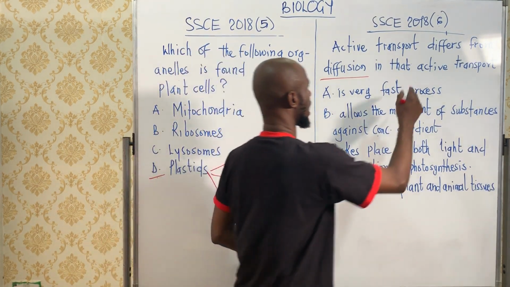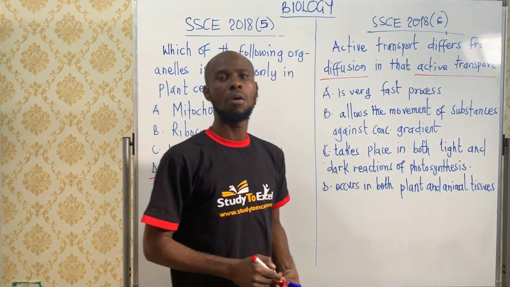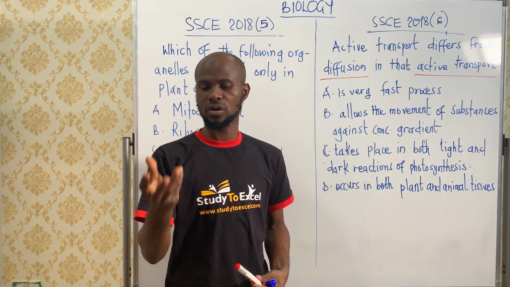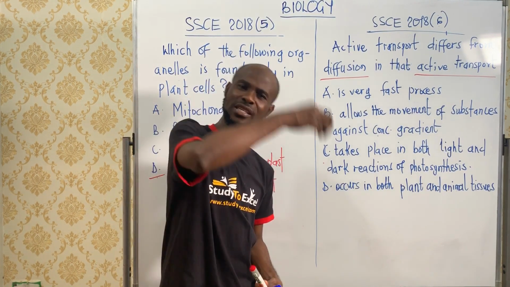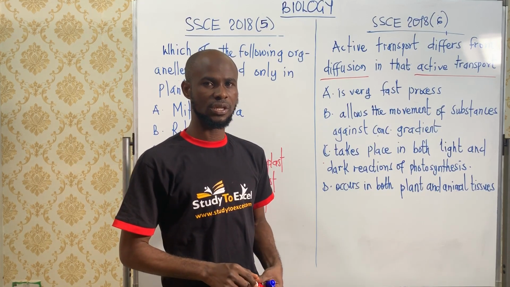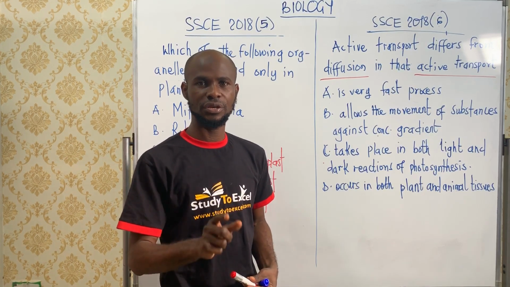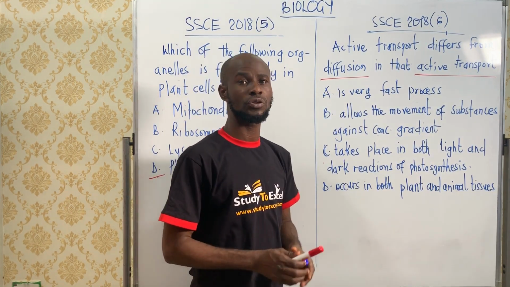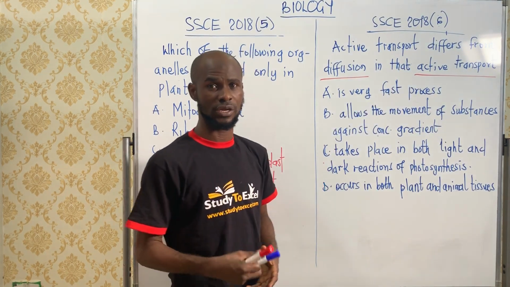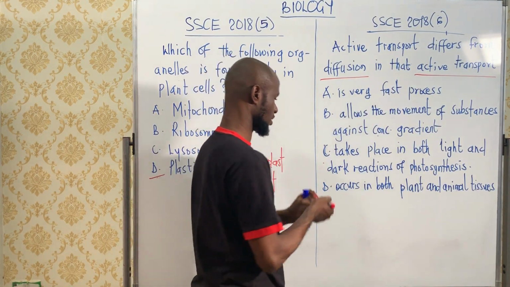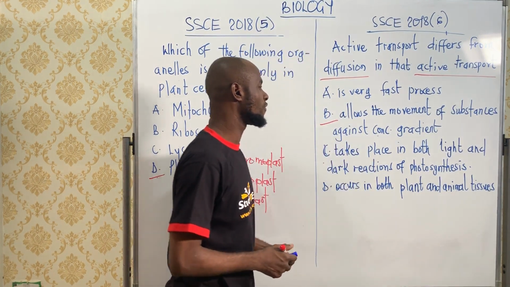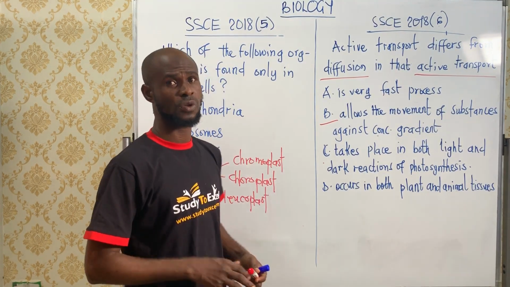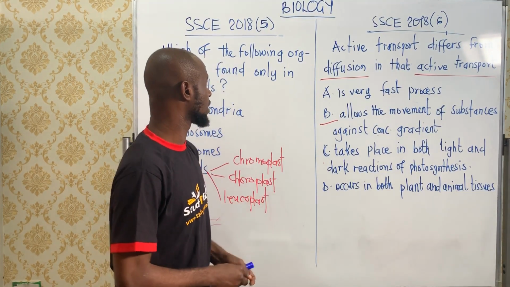So opposite to that is called the active transport. The active transport moves substance against the concentration gradient, that is, from where that particular substance is low to where it is high. And it has a condition. The condition is that the energy must be readily available, and that is ATP. That is why simple diffusion does not make use of energy. Why active? When you say active, it involves energy. It makes use of what? Energy. So the answer is it allows the movement of substances against the concentration gradient. We're going to talk about active transport in next questions. So let's go to the next